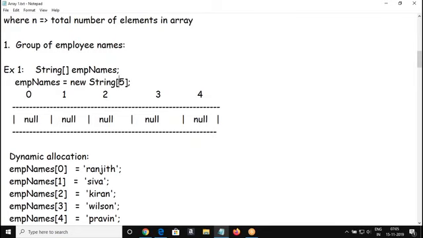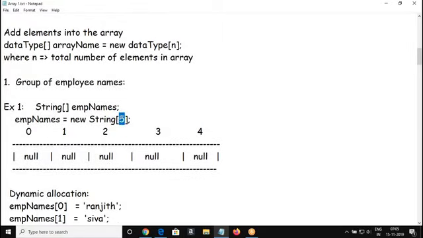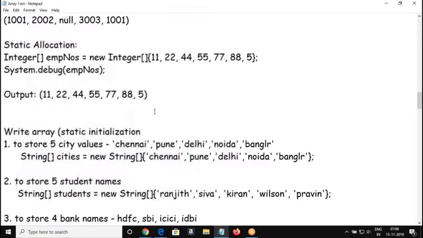So when you declare an array, you give the size of the array. While declaring the array, you specify the size, whether it is going to hold 5 elements or 10 elements. You just specify the size as an integer within the square brackets. So this is the format we use to declare the array.